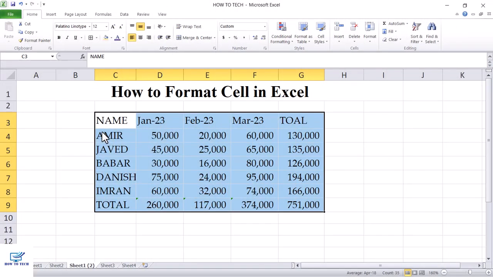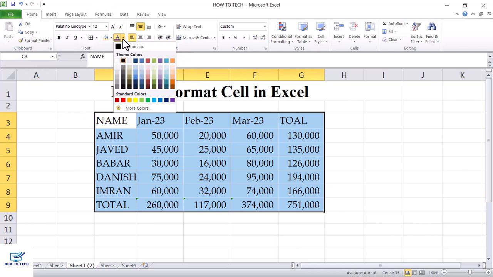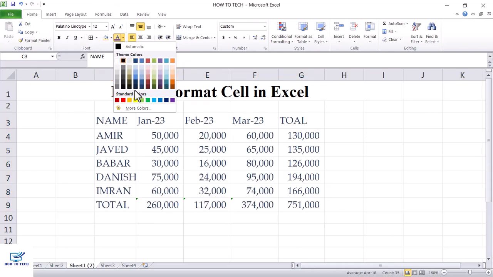And now if you want to change the font color, you can change it from here. There are a lot of options of colors. Suppose I am selecting